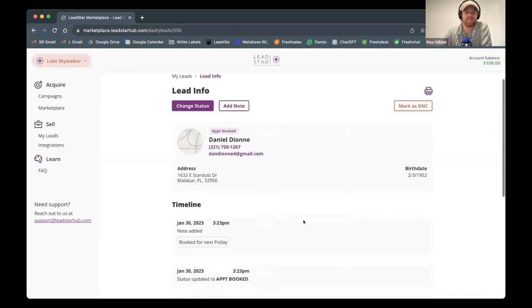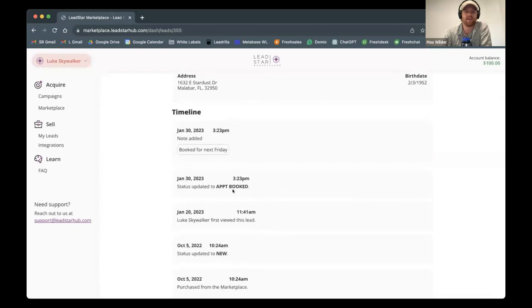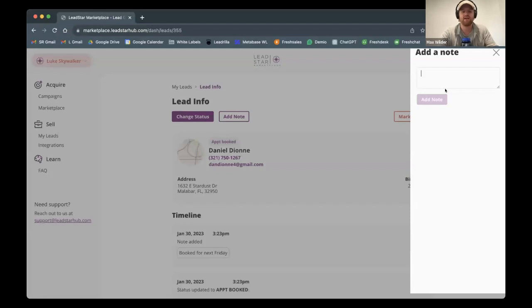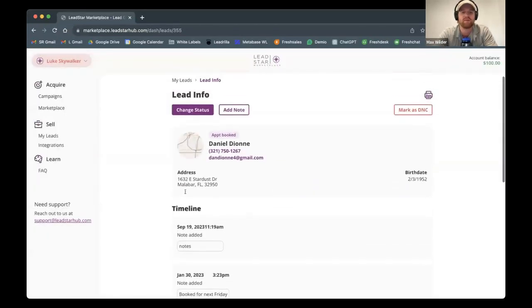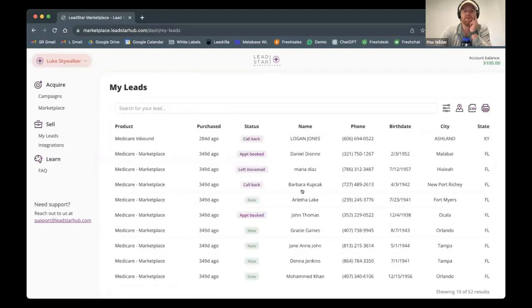And yeah, you'll have full access here. This is just a lead, so there's no recording here, but you can see a campaign timeline. You can add notes. I can just click this and add a note here, save, and then you'll see that note pop up in my campaign timeline right there. So it's a really built out, cohesive system for you to work your leads and your calls,